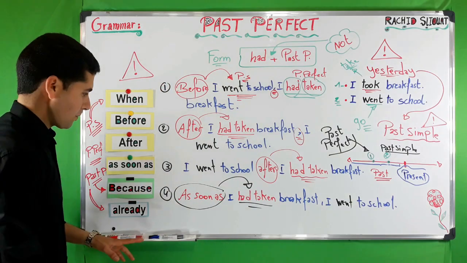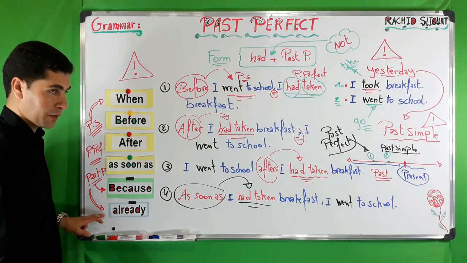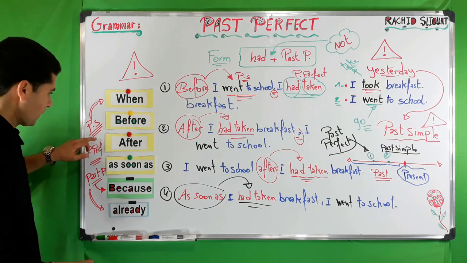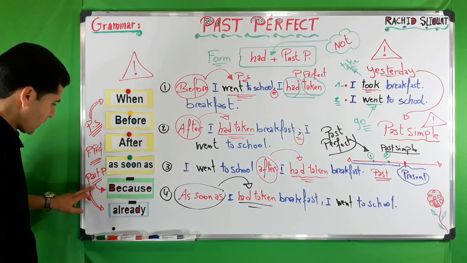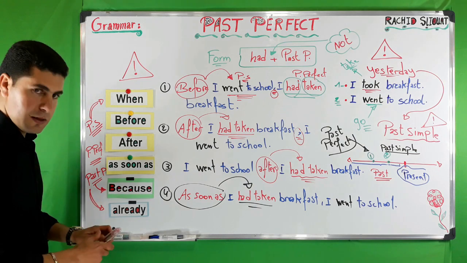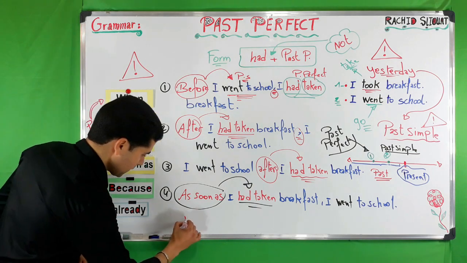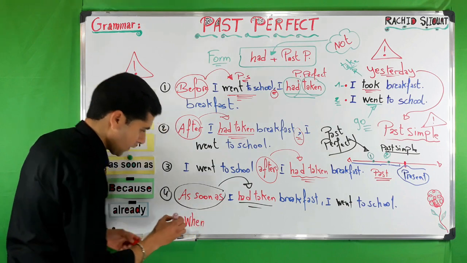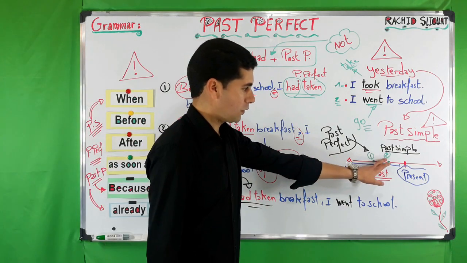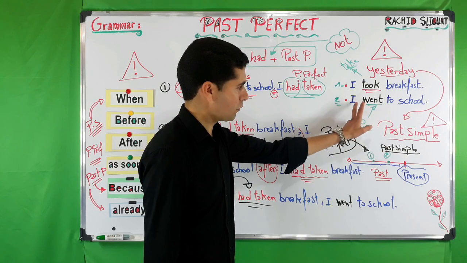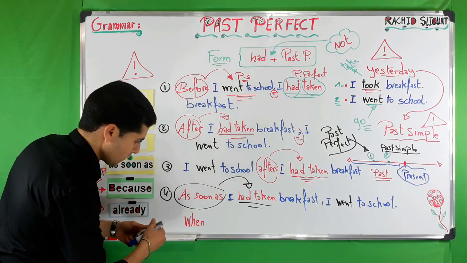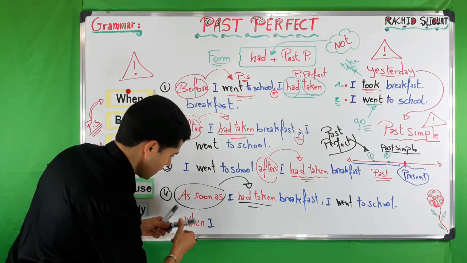Now we take another example with when and already. As I said, when is with past simple, and already with the past perfect. Now let's start with when. So when we need the past simple. Which one is the past simple? It is number 2. Action number 2. What is action number 2? I went to school. So when I went to school,